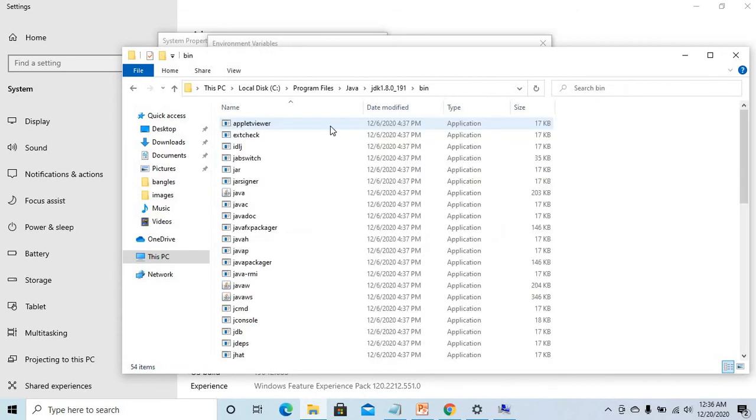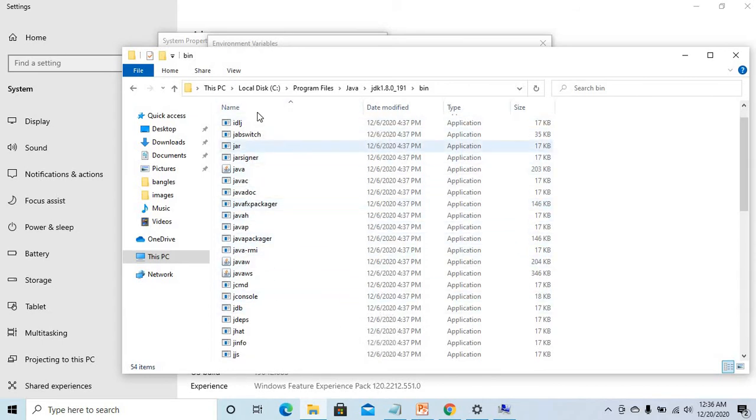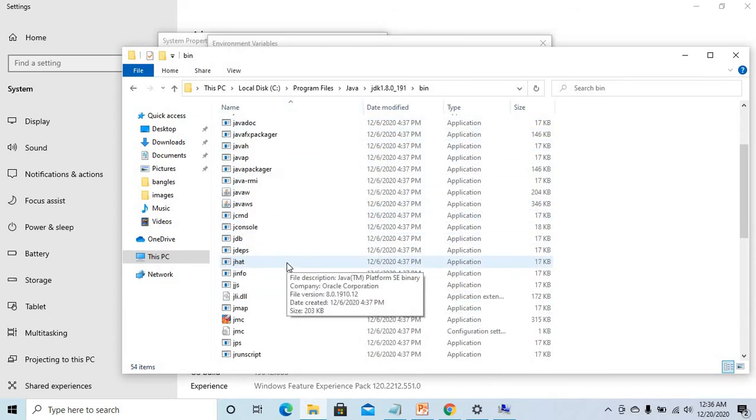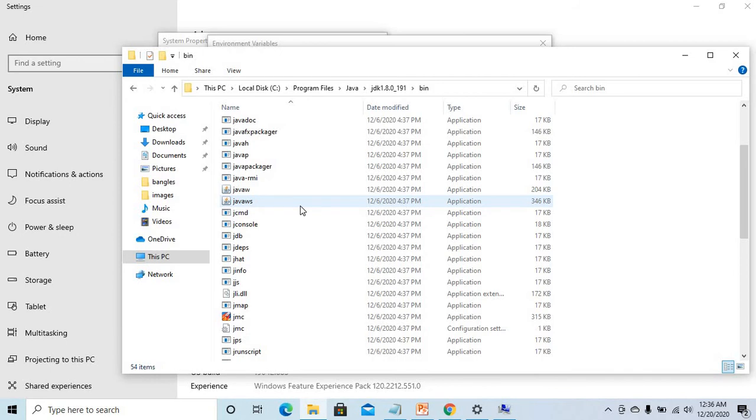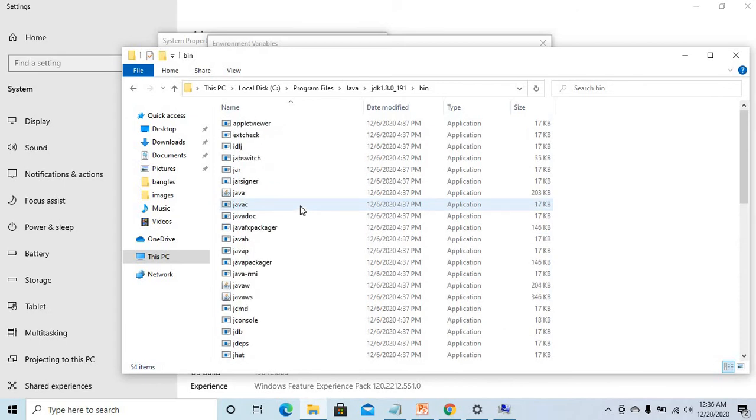If you go to the bin folder, here you can see java.exe. So these are the actual executable files. We need to point this to our machine, so that your operating system automatically recognizes Java related stuff and it will start executing. Clear my point? So see, this is java.exe, the actual executable file.